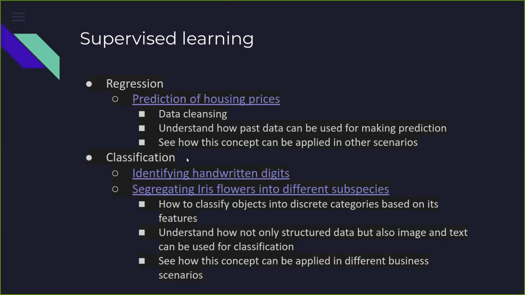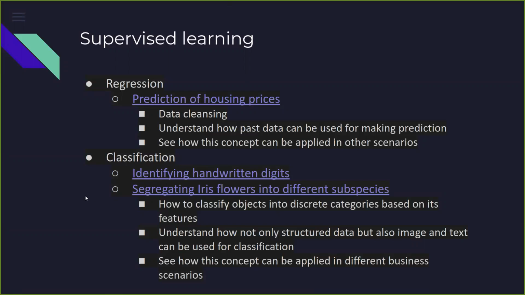Then we will take up the classification problem, where we will try to read certain handwritten digits. What I have in my data set is numbers that people have written by hand. Then we will ask the computer to identify whether this is 7 or 5 or 0 or 8. That is the classification problem that we will handle, reading the image of a digit and saying whether that digit is 5 or 6 or 0, things like that.